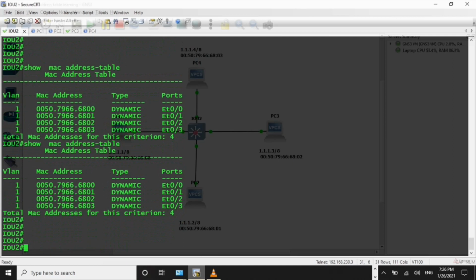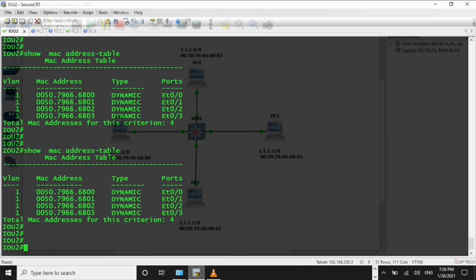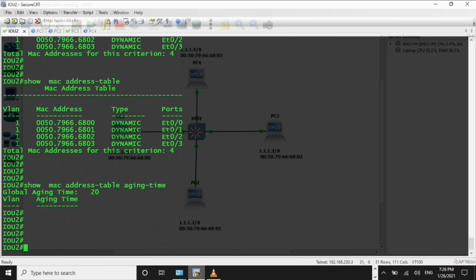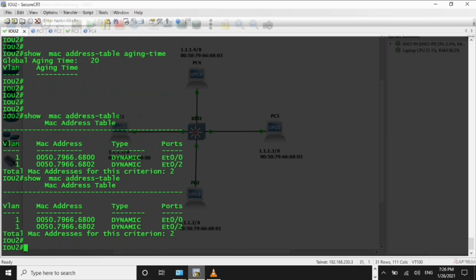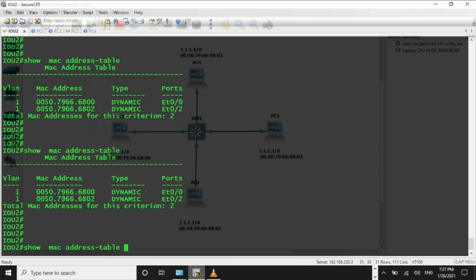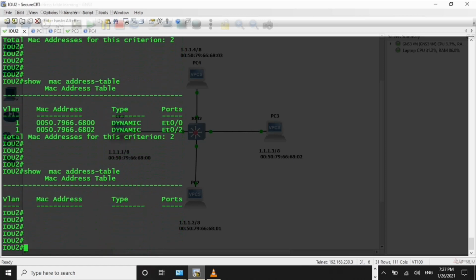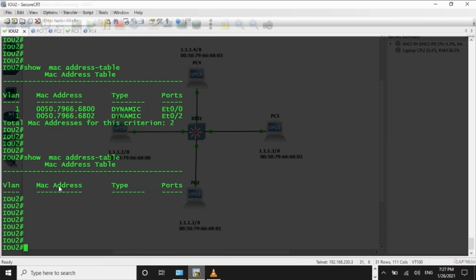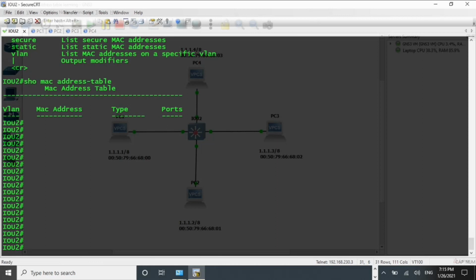After 20 seconds, this MAC address table will be empty. See, now nothing in the MAC address table. You just wait 20 seconds. Understand?